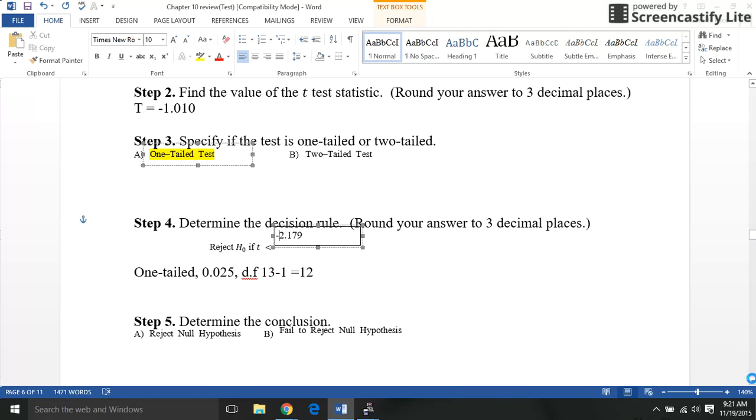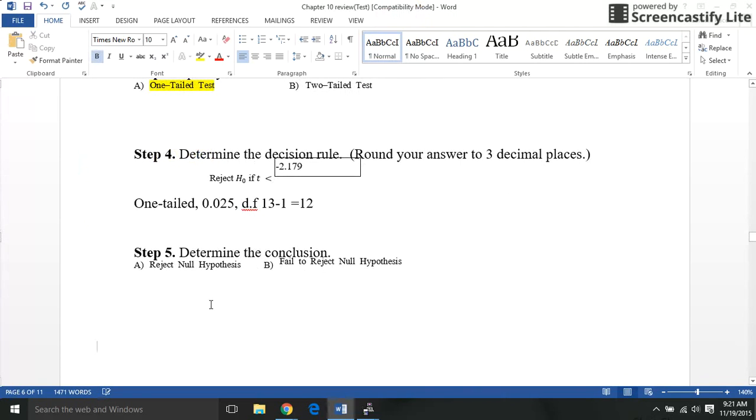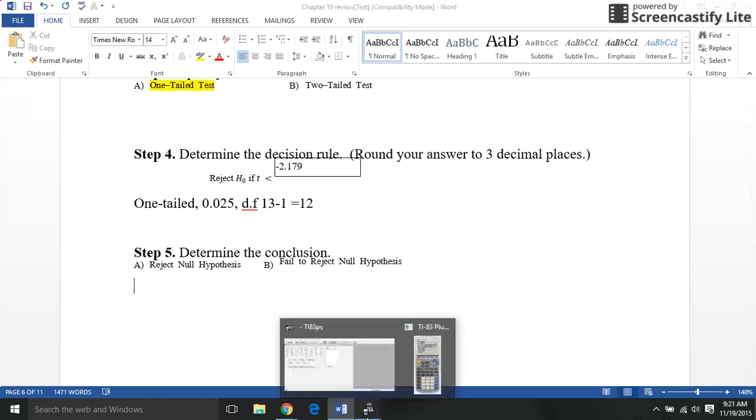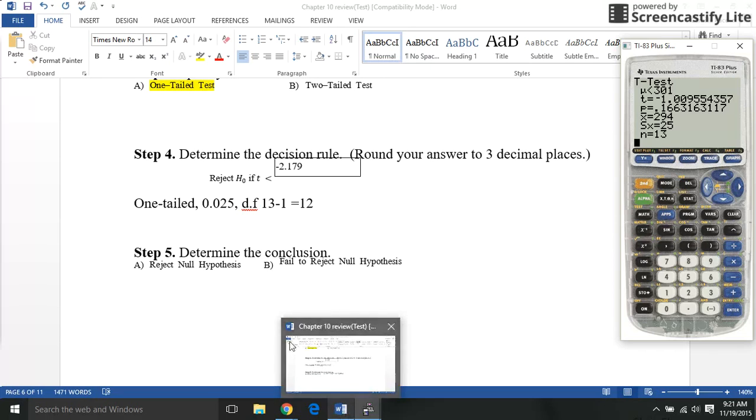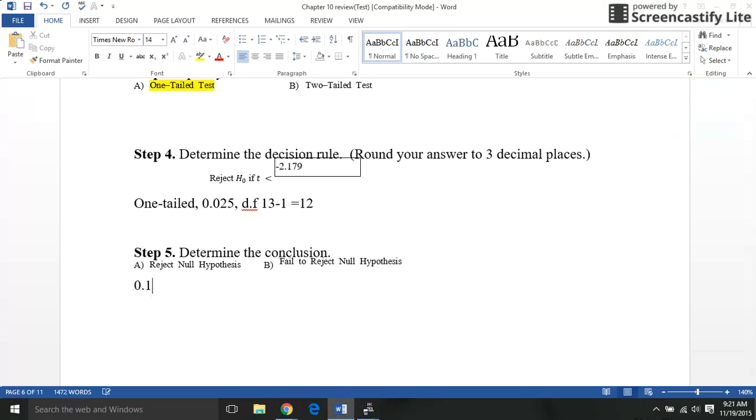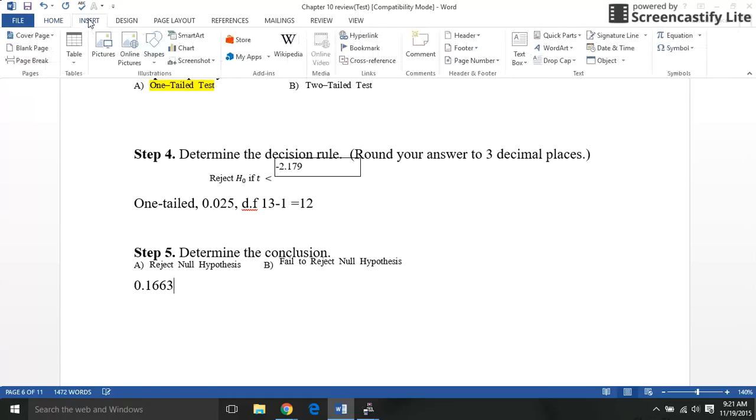Okay, so let's go down and let's do the conclusion. All right, so I'm going to compare my p-value. My p-value is 0.1663. So 0.1663, is that less than or equal to 0.025? And that is not a true statement. So again, I'm going to fail to reject the null hypothesis,